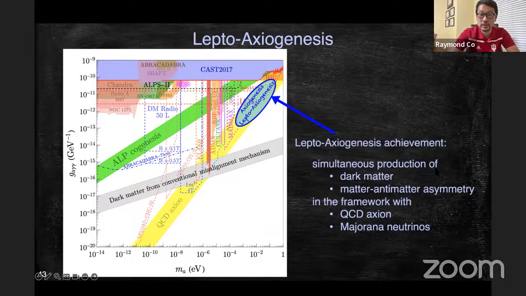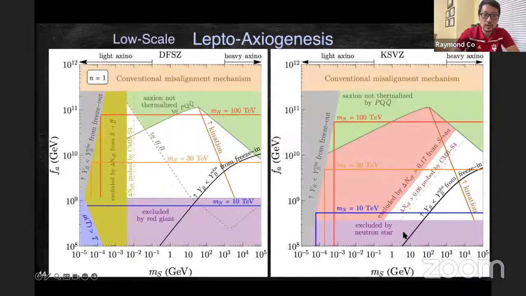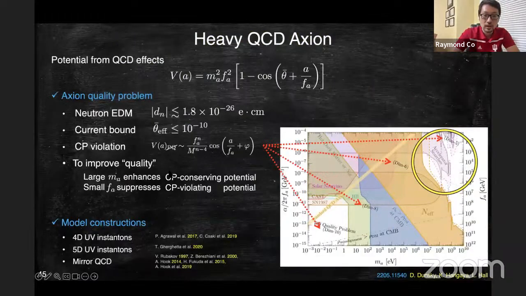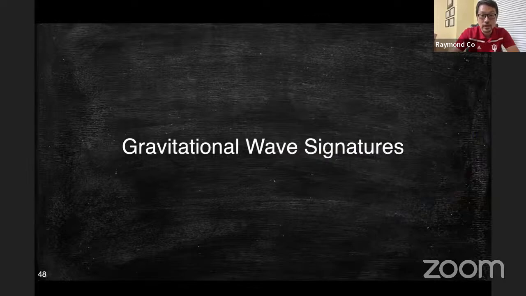And this model is especially exciting because it's explaining dark matter and baryon asymmetry in the framework of the QCD axion. And here we require the dimension 5 operator to explain the neutrino mass. All right, so just to give you some sense of the parameter space. There's the radial mode, which is coming from the supersymmetry scale, and this is the decay constant. So the open parameter space is at low decay constant. And for example, you can have the right-handed neutrino mass to be relatively low, for example, 100 or tens of TeV. All right, so I will skip the rest of the talk for the time, and I will just quickly mention that